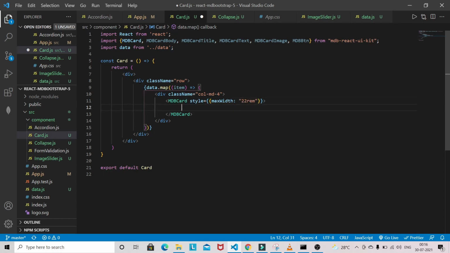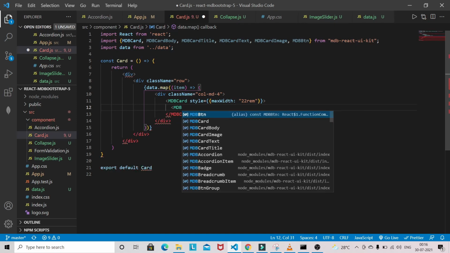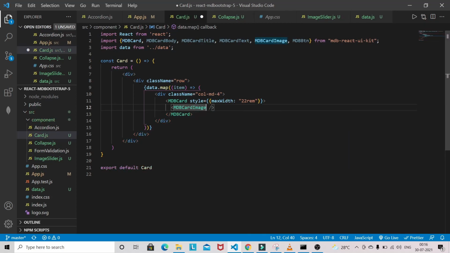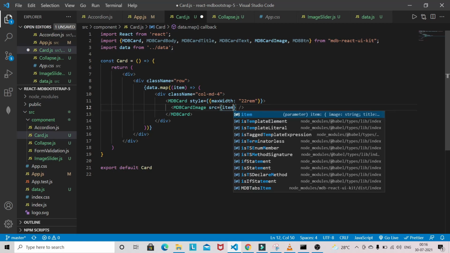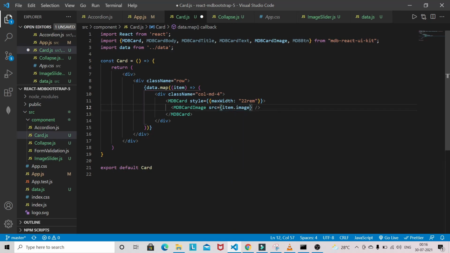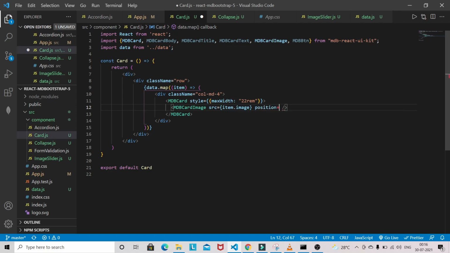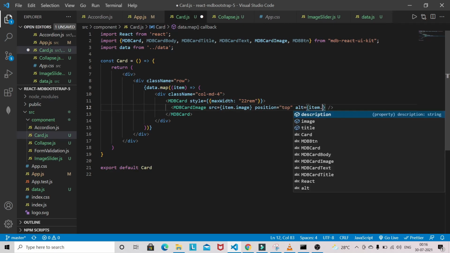Okay, and we'll have the image component here, so MDBCardImage, and inside that I will have this item.image, and you can specify the position as well. So you can give top if you want to, that is optional. Alt, so if there is no image, then item.title,